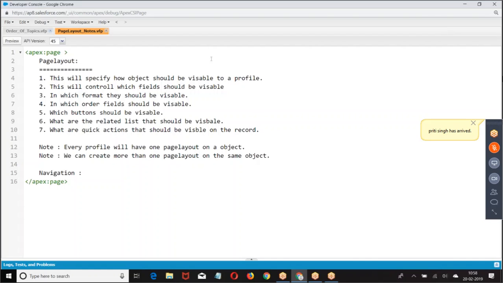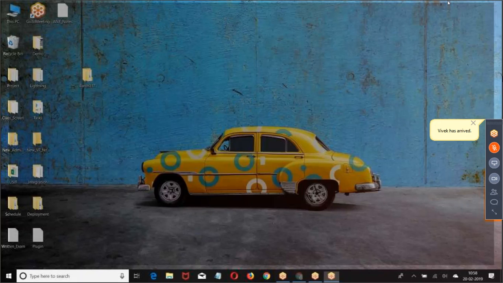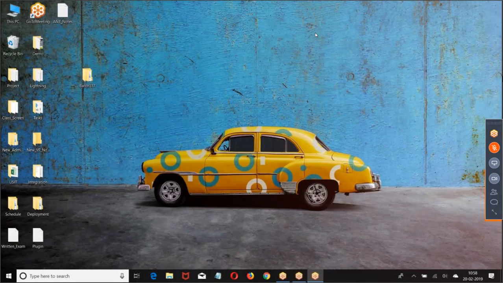So let us start the session. And regarding yesterday's point, the comparison. As far as the document is concerned, they're comparing the box.